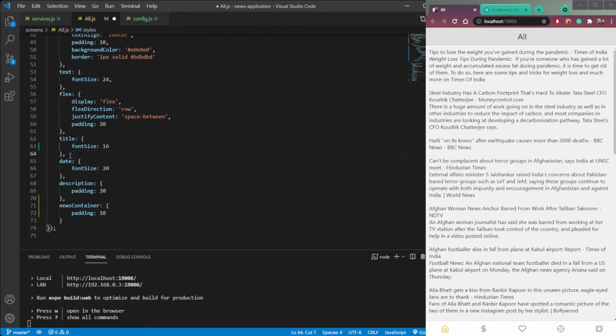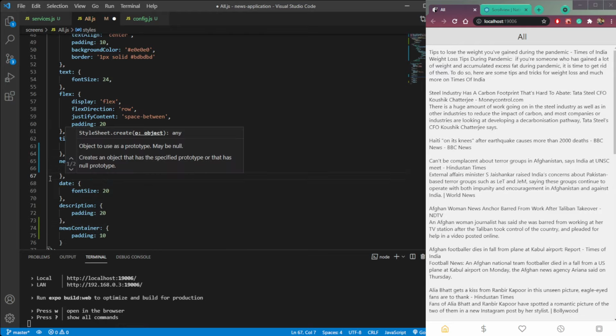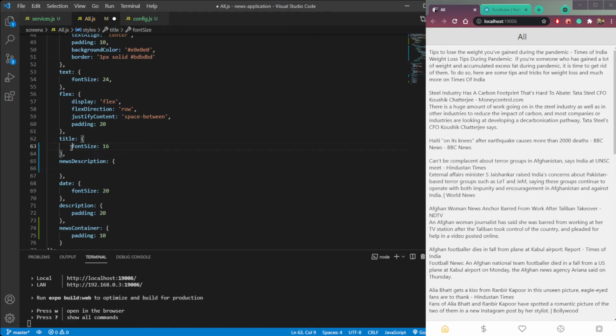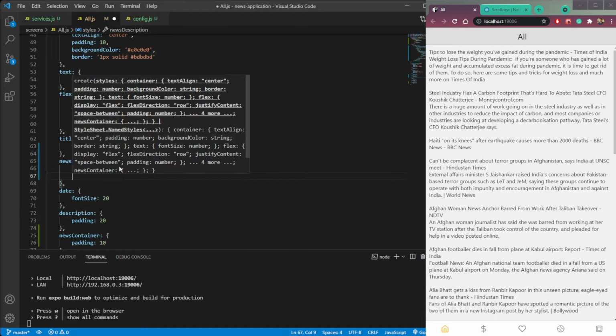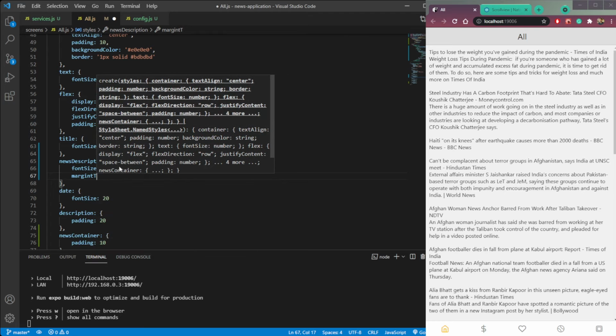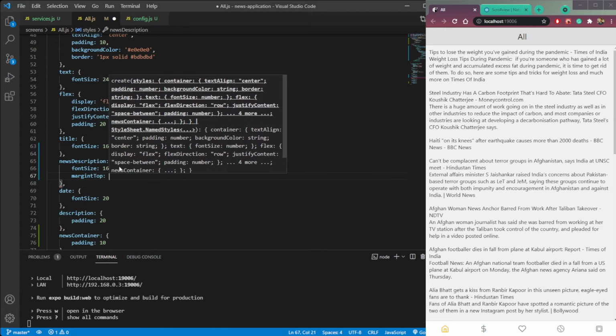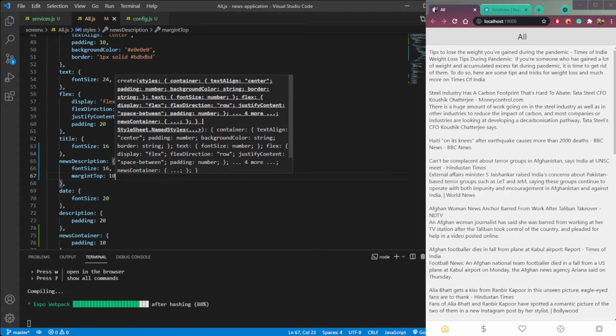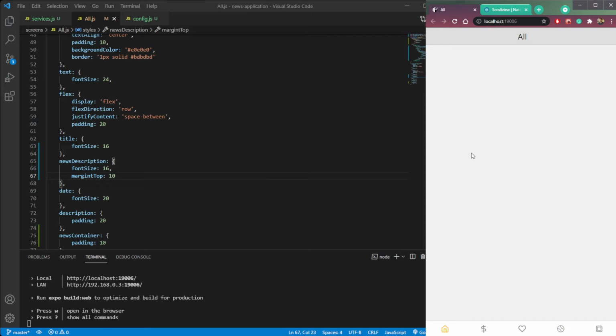So after title, give news description, then font size will be same as title, 16 px or 16. Then margin top will be, let's say, 10. Save the file,